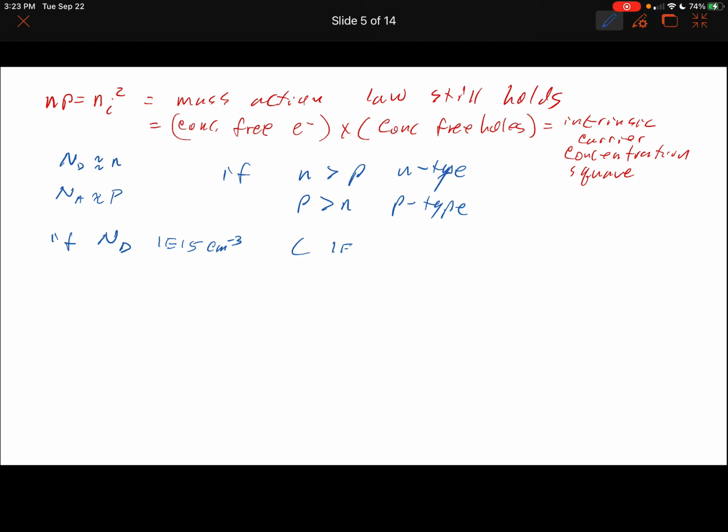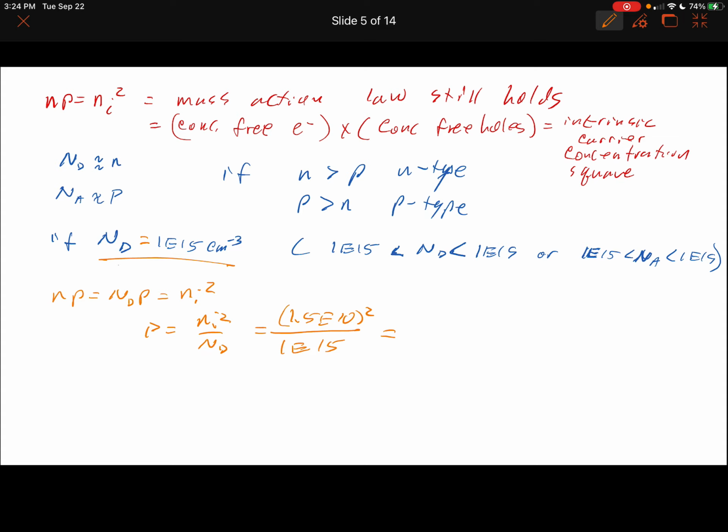But let's say we had the case where the doping concentration was 1e to the 15. By this mass action law, Nd is about the same as N, so we'd have Np equal to Ndp equal to Ni squared, and we know Ni squared, and if we know that Nd is 1e to the 15, then we can solve for P. So it's Ni squared over Nd, which would be 1.5e to the 10 squared over 1e to the 15. And we get 225,000